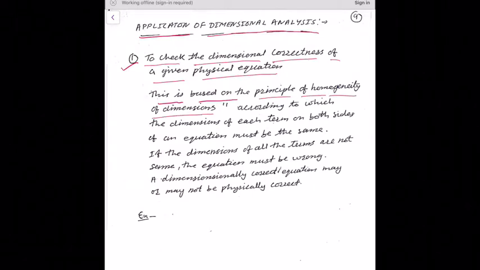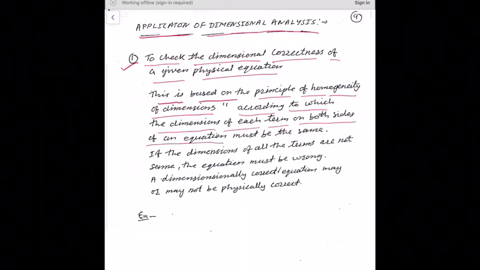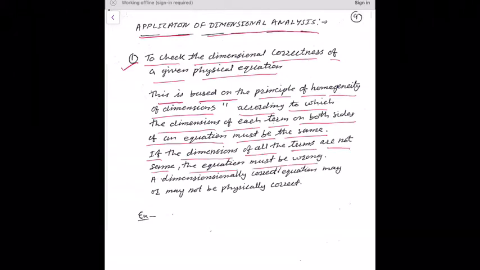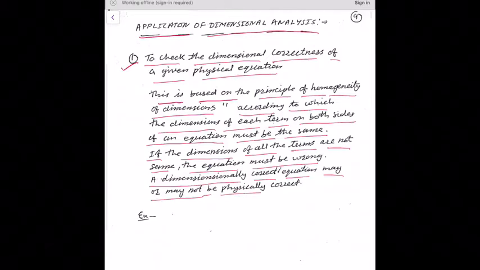According to this principle, the dimension of each term on both sides of an equation must be the same. If the dimensions of all the terms are not the same, the equation must be wrong. A dimensionally correct equation may or may not be physically correct. Example,